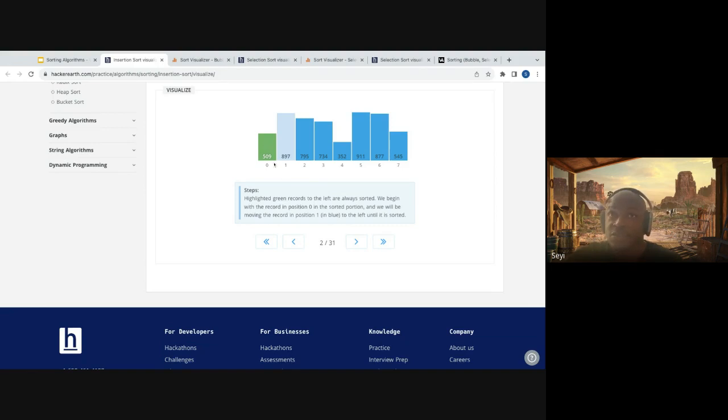So now, since this is sorted, we've increased our solution space and we've reduced our problem space by 1. Now, for the remaining part of the problem, we want to increase the solution space by 1. To be honest, we can take anybody out of this collection and add them to the solution space, and you still get your answer.